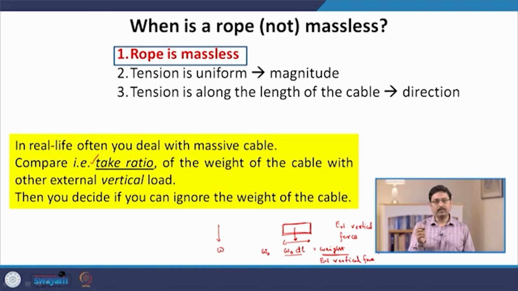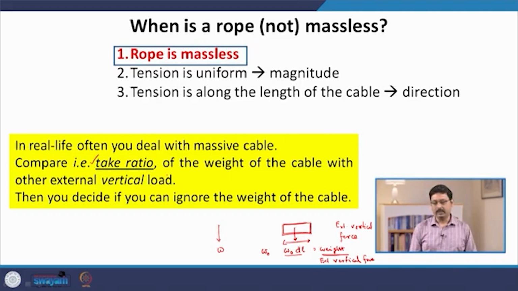Now, if this ratio is very small compared to 1... if they are equal, then the ratio is 1. If the weight is bigger than these vertical forces, then this ratio is bigger than 1, and if the weight is smaller than the vertical forces, then the ratio is less than 1. So, if the ratio is less than 1, so that you can ignore the weight of the cable in comparison with other external vertical loads, then that is the meaning of the word that the rope is massless. But this, as you can understand easily, you have to determine in a given situation